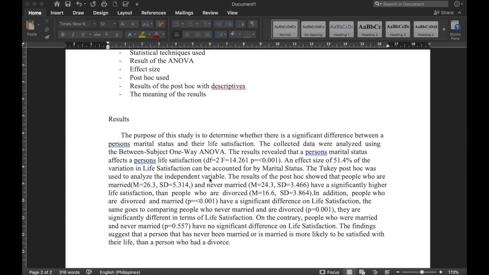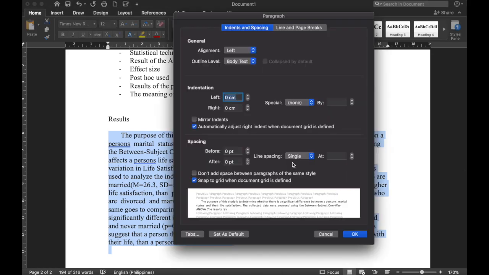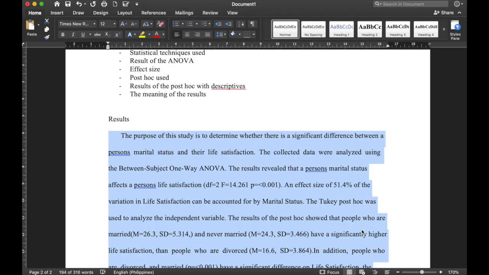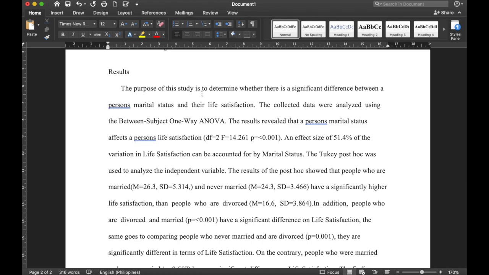So I asked my students to write on their own, and this is one of the submitted reports. So our job today is to try to improve what the student has submitted. First, we should make this double space, which is standard for APA format. All right. So the student wrote, the purpose of the study is to determine whether there is a significant difference